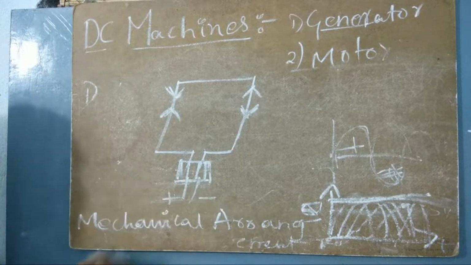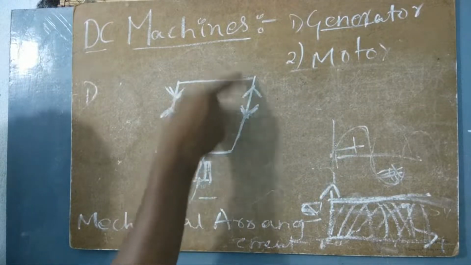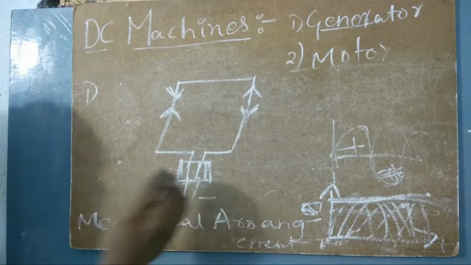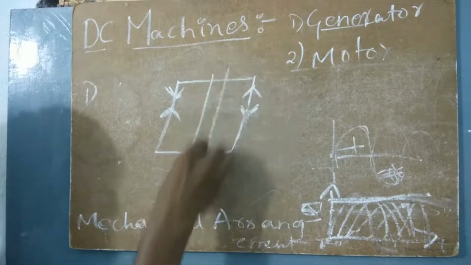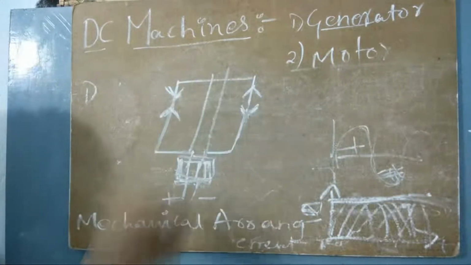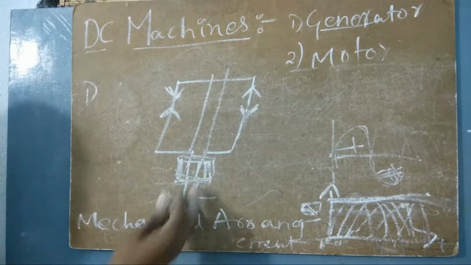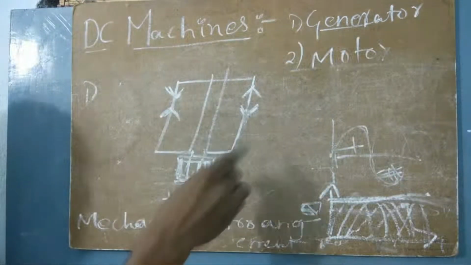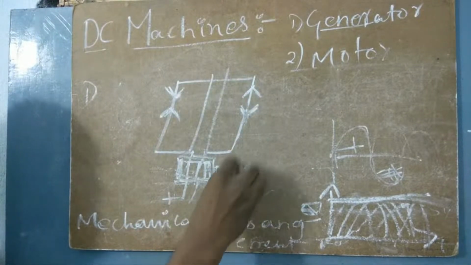My main point here is that only because of the presence of this commutator, this AC generator is called a DC generator. If there is no commutator, no such physical or mechanical arrangement, then it remains AC. The commutator is mounted on the shaft. From this commutator we have to collect the electricity that is induced in the armature, or the rotor part. We collect the power produced here with the help of carbon brushes.